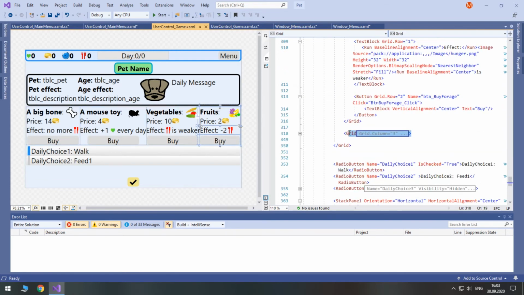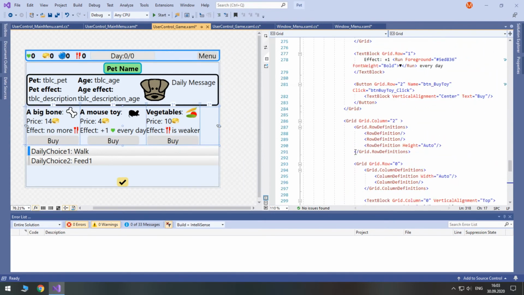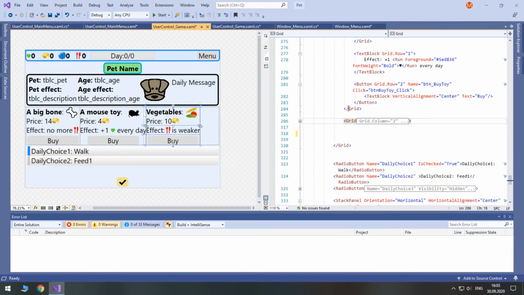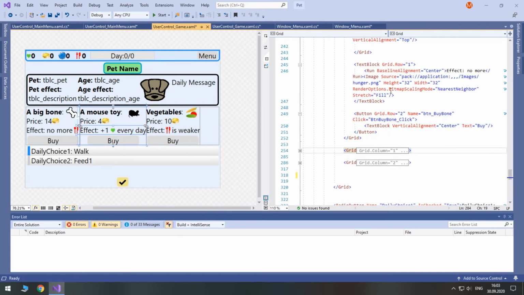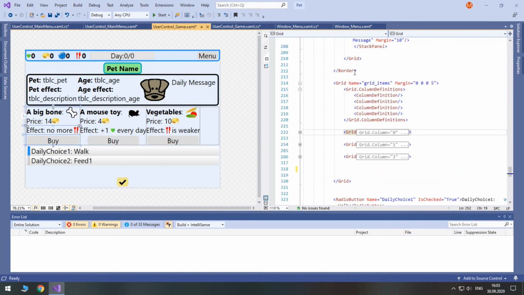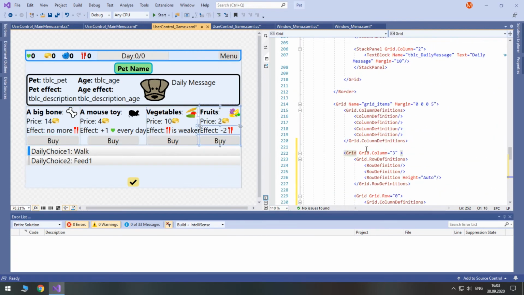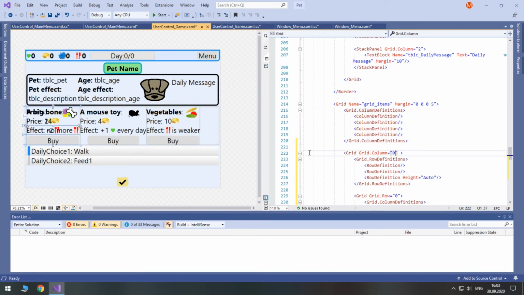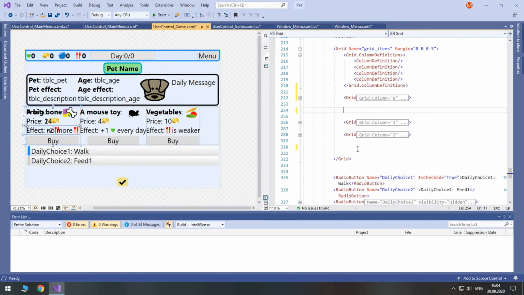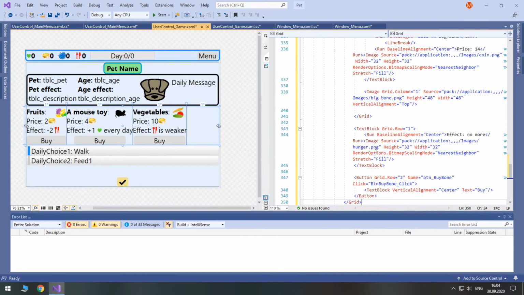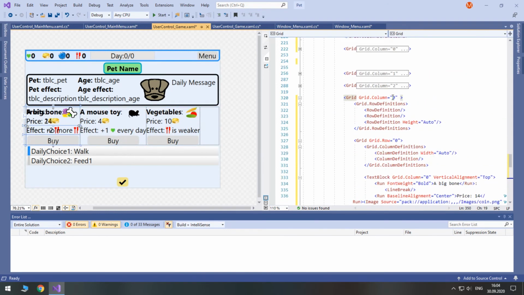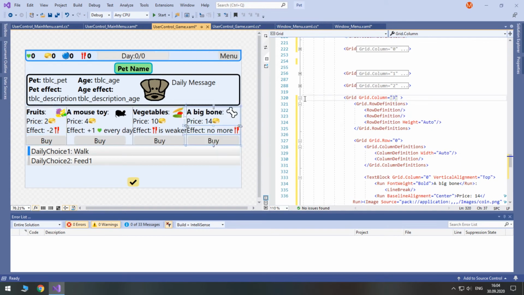Yeah, so cut it and paste it, I think not here. Yeah, place it here. Okay, and put it in grid column 0. Then let's put this one here. This is big bone, it will be in grid column 3, and that's it.